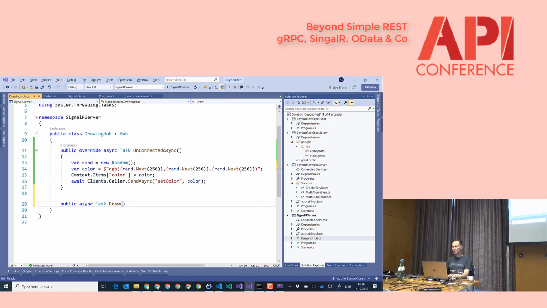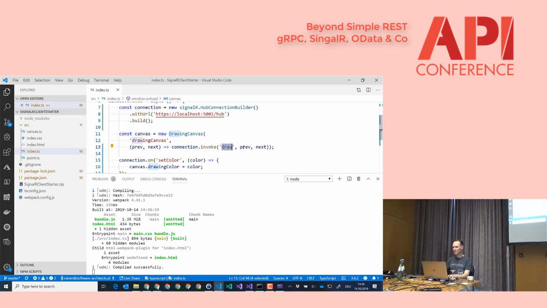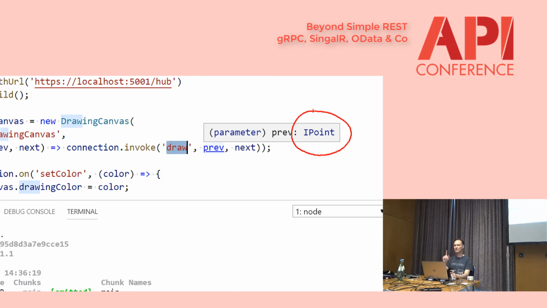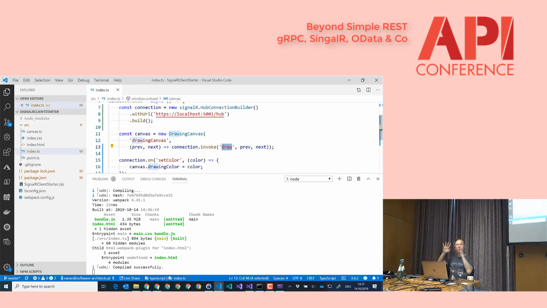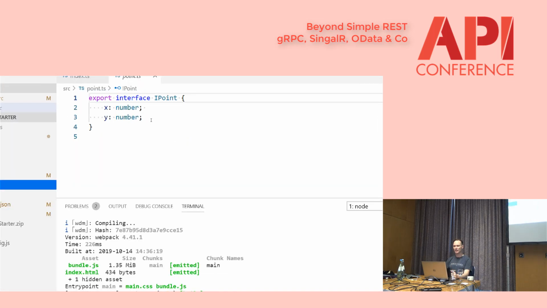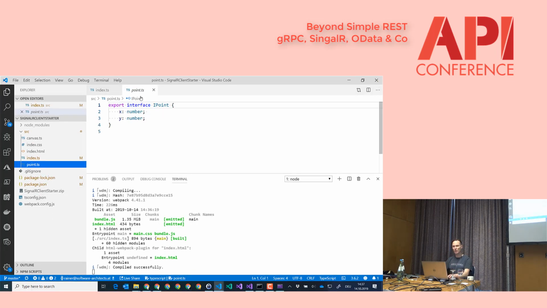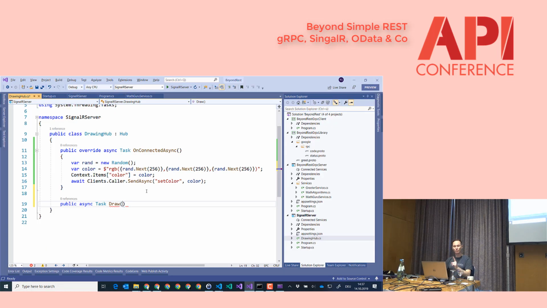We will get parameters. Now, what is this previous here? In TypeScript, I have defined an interface, IPoint. This is a complex business object, let's say it this way. What is a point? It is an X number and a Y number. It's a complex JavaScript object. It can be as complex as you want. It can be your customer, your order, a chat message, whatever you want. Just a JavaScript object. So what we can now do in C#, and that's the nice thing, we can create